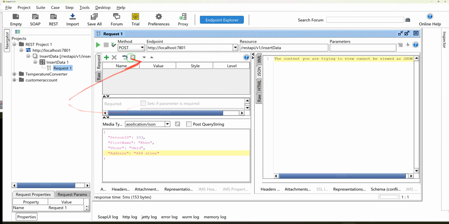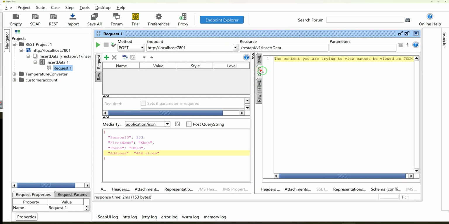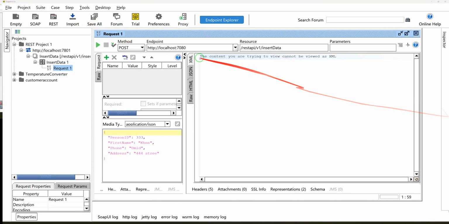It's fine. Okay, now still, what is the issue on localhost? If there's any mistake, hit insert. Okay, the problem is with the